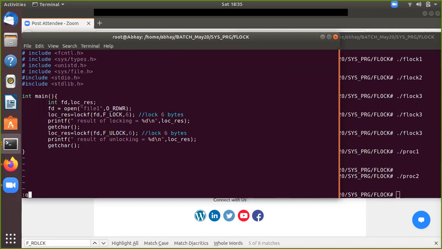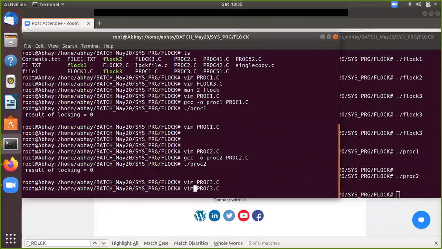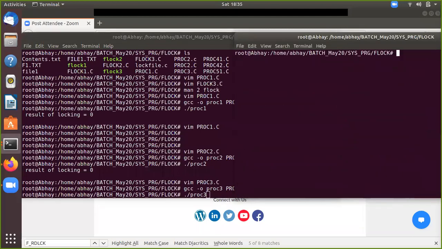If I run this, this is the third option we have, prog 3. Now prog 3. Let's see here.